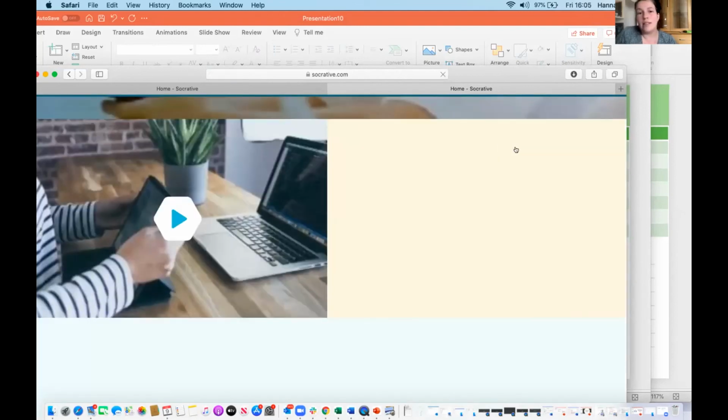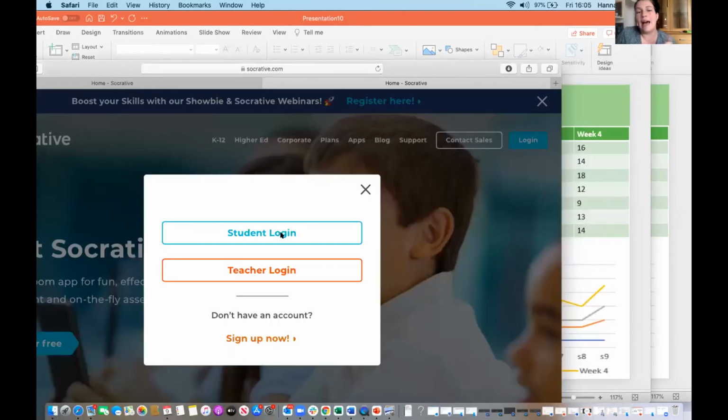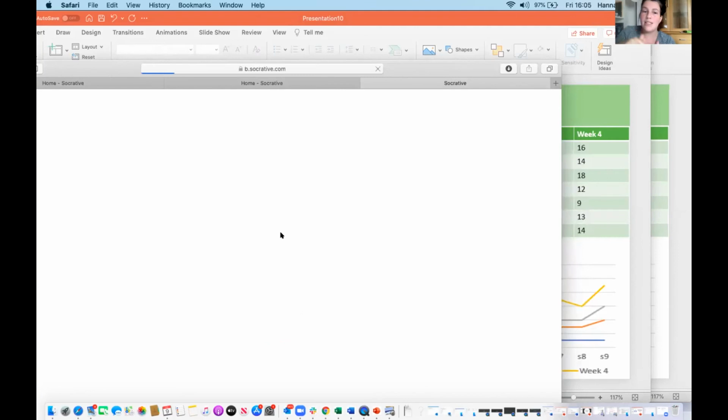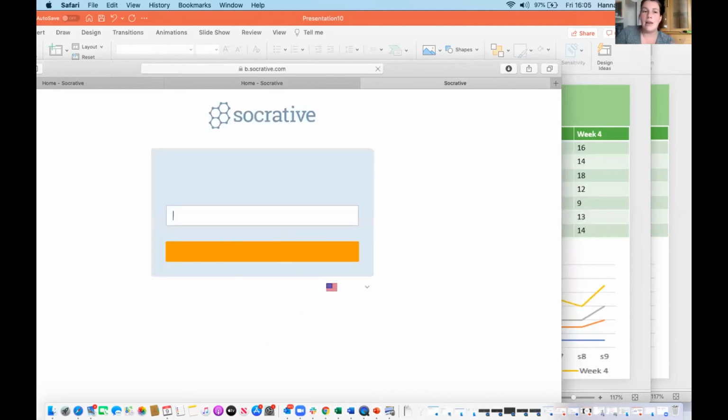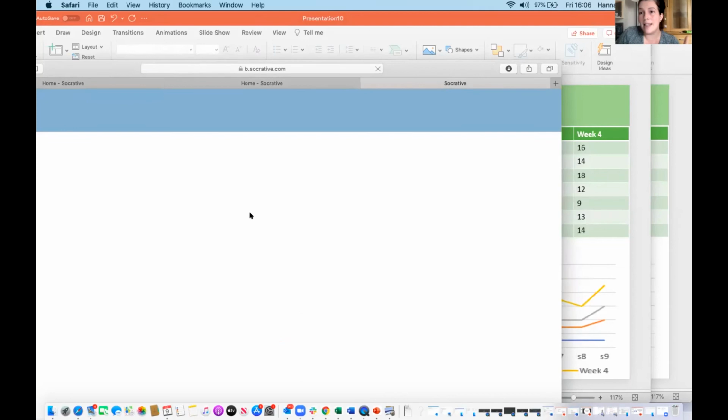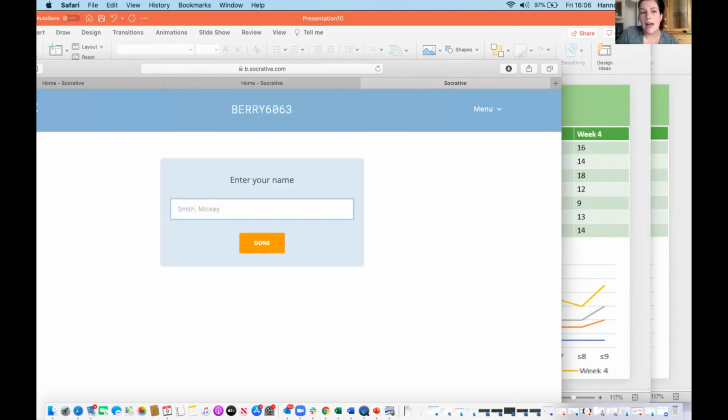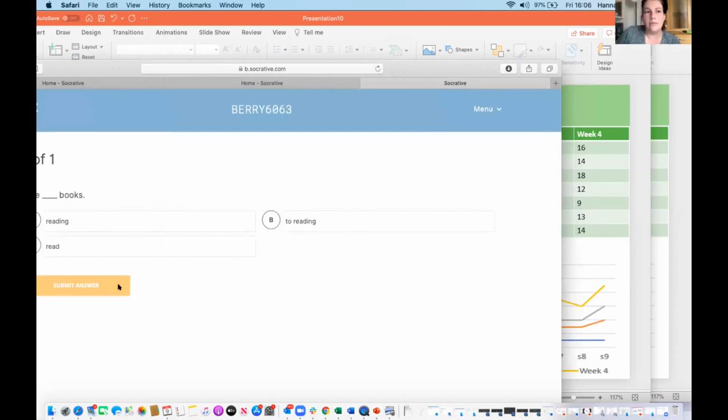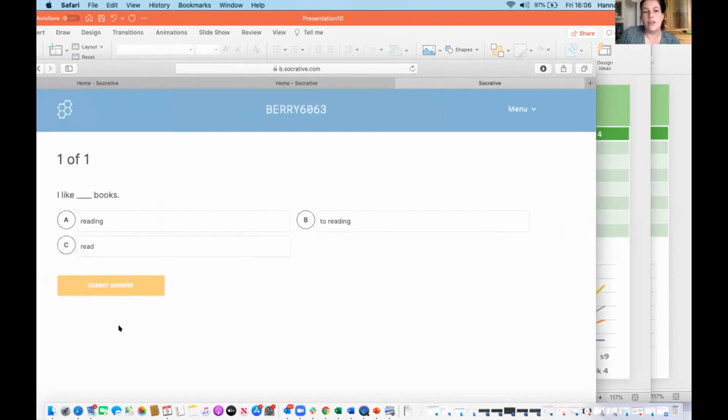They only need to have the room code, which if you're setting quizzes up from the same account, so mine is Berry 6063, and then press join, and then they can enter their name, and that's all they need to do. And then the questions will come up. So like, select one and then submit answer, and it'll